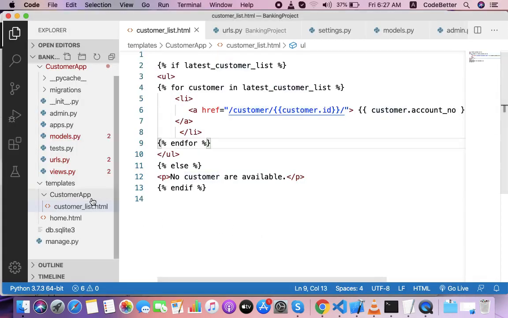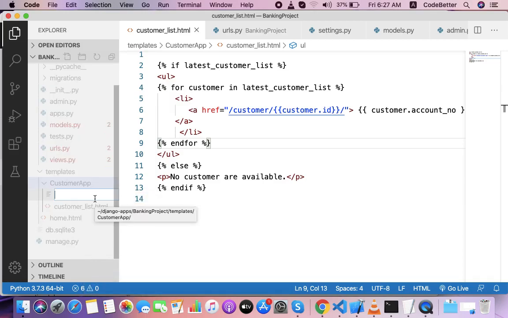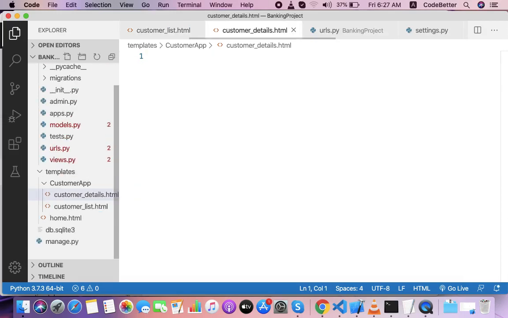So let's create another HTML page in the templates folder, customer app, to show the details. Now let's write some simple code.